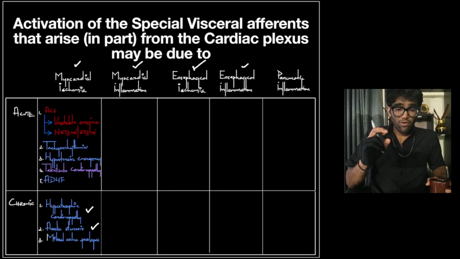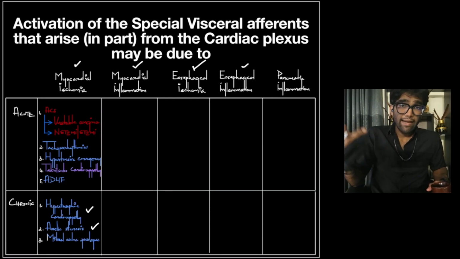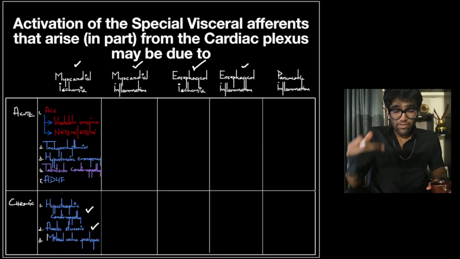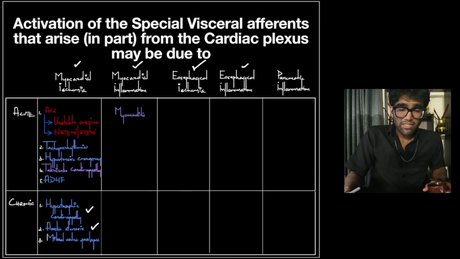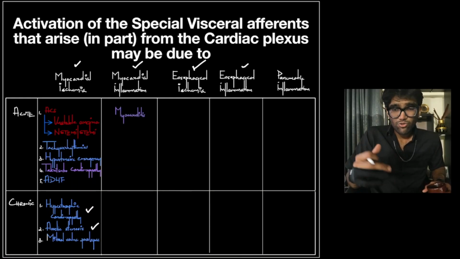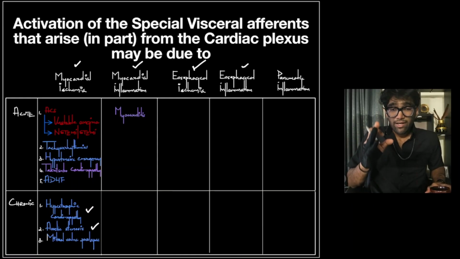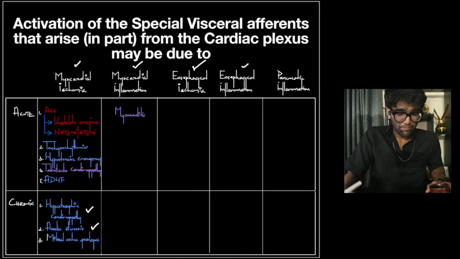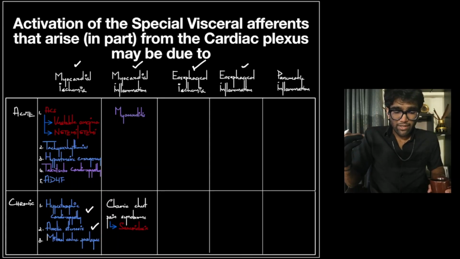Now, notably, all of these are technically activating nerves from the cardiac plexus. So it would be very difficult to differentiate them from each other without further analysis of what might be the triggers or what might be the exact history. Okay. Now, in case of myocardial inflammation, it is myocarditis, and myocarditis again usually has no relation to activity. That is how you differentiate it. That is why I was insisting on clubbing the patients into those that satisfy the definition of unstable angina and those that don't. Okay. Now, in case of chronic myocardial inflammation,